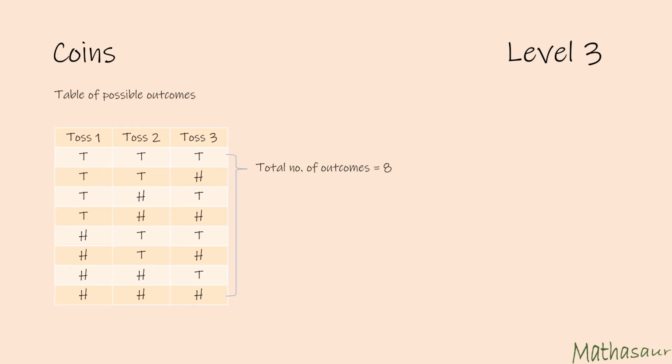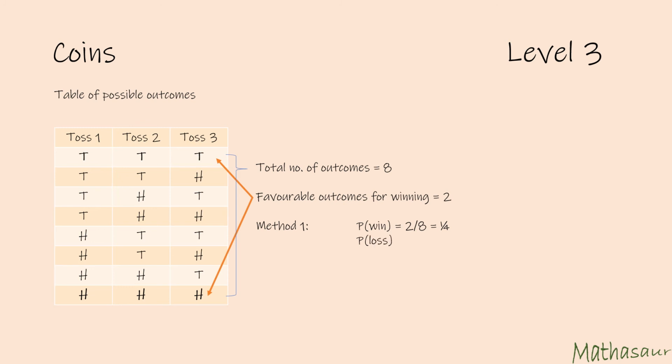Now each row represents one possible outcome. So if I were to count my total number of rows, that would also represent my total number of outcomes, which is 8. We already noted our favorable outcomes in the problem. Remember? T, T, T or H, H, H, which is the first and the last row of this table. So my favorable outcomes for winning would be 2. So my probability of winning becomes 2 by 8, which equals 1 by 4.